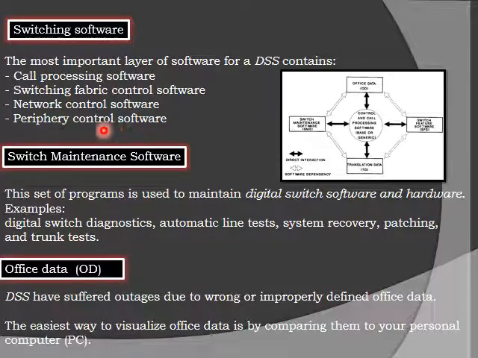Here also you can tell what the LM is going to do. The LM looks after a set of subscriber lines which terminate at a particular line terminating equipment, where it is verified whether the subscriber line is faulty or not, or whether the call is genuine or not. All those things will be verified or authenticated by the LM. That is actually controlled by the IC, or in turn by this periphery control software. If one of the LMs or TMs fails, that is also managed by this periphery control software.